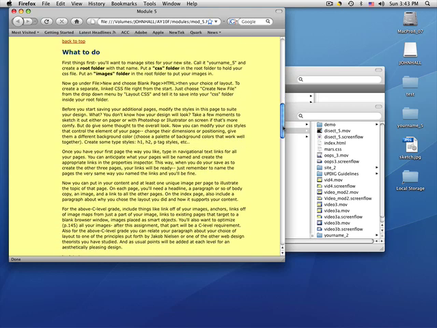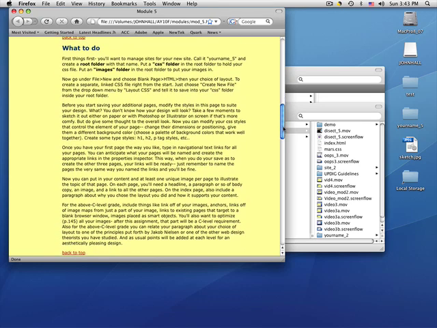Here's kind of a what to do, and we'll walk through this. We'll start off with a root folder, inside that a CSS folder and an images folder, very important. Get back to that in a moment. We'll start off building a blank page from a Dreamweaver layout,